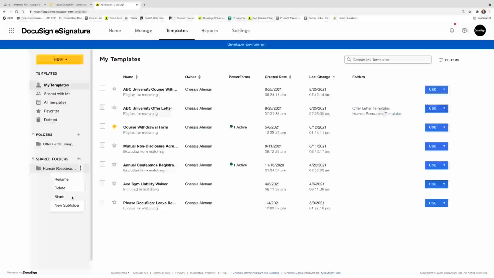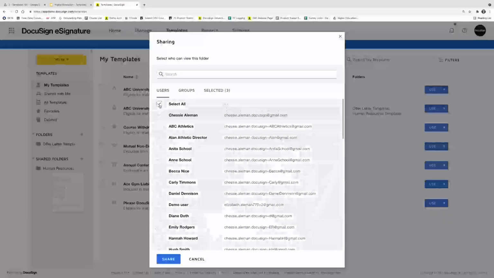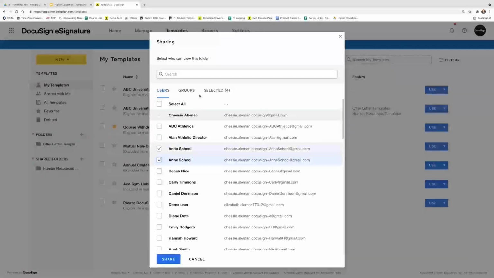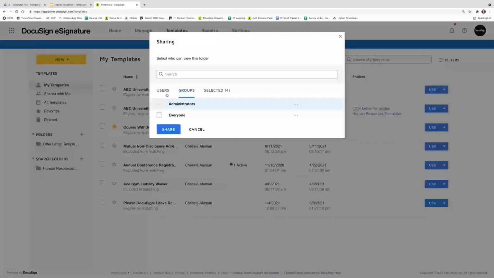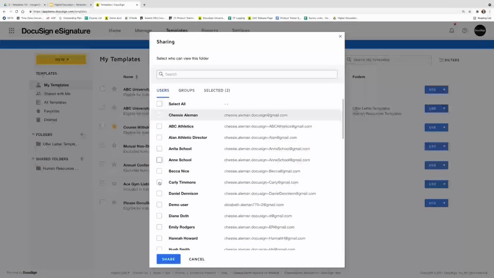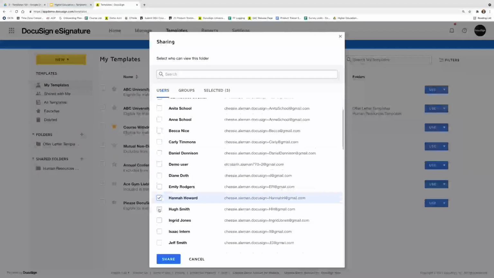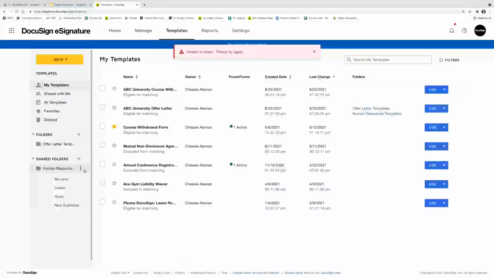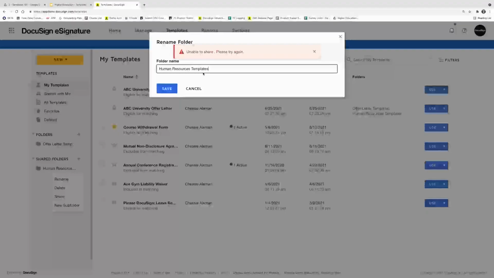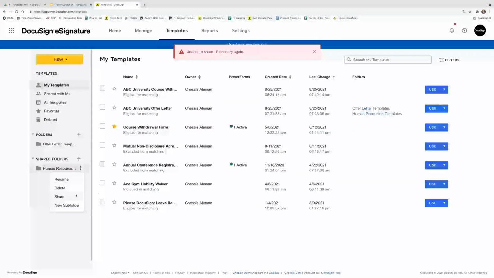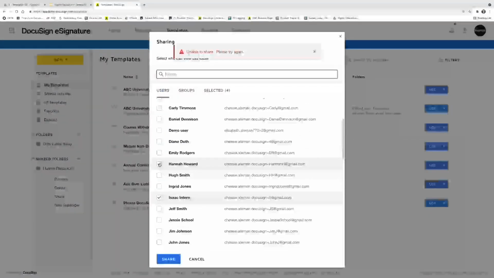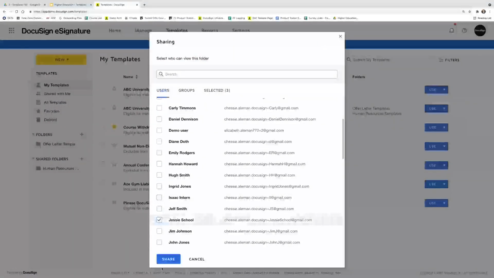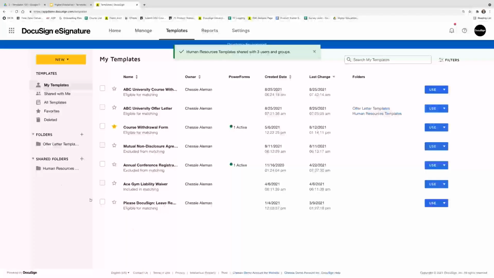select Share. And then again, same screen, I could choose everybody, just individual people, or a group of users. So maybe this time I'll share it with let's say Hannah and Isaac. When I select Share, oops, let me do different people. I don't think those were active users. I'll just, let's do Jessie. There we go. So now when Jessie, in this example, logs into DocuSign, she will see the Human Resources folder